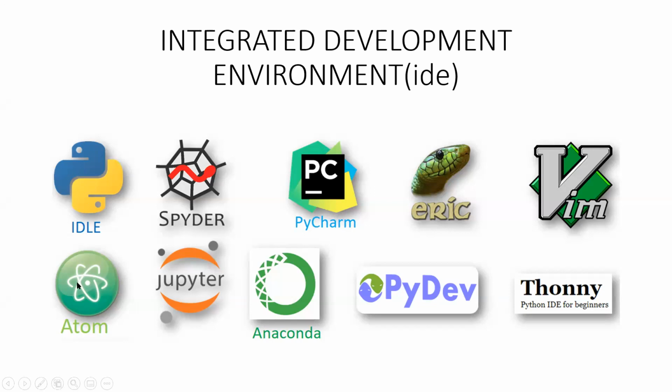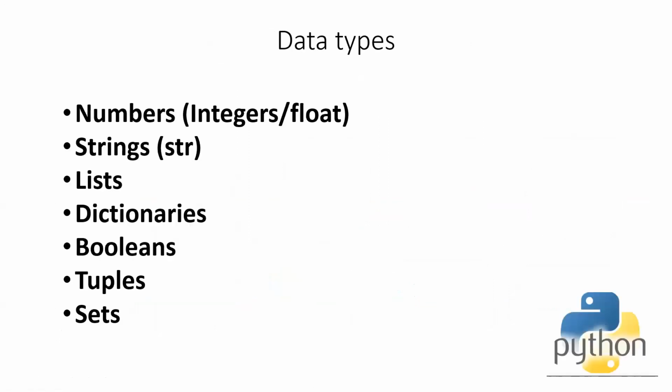So what we are going to be using is what? Jupyter Notebook. Even on cloud, you also have what they call Google Colab. But this is what we are going to be using, the Jupyter Notebook. So when you open your Anaconda, you are going to see what they call Jupyter Notebook.